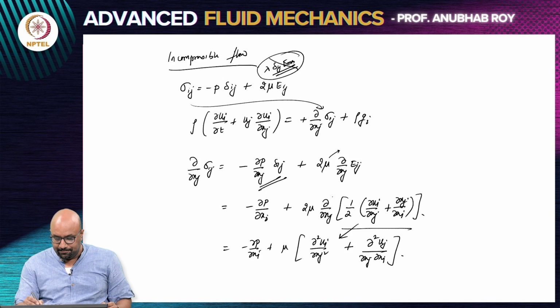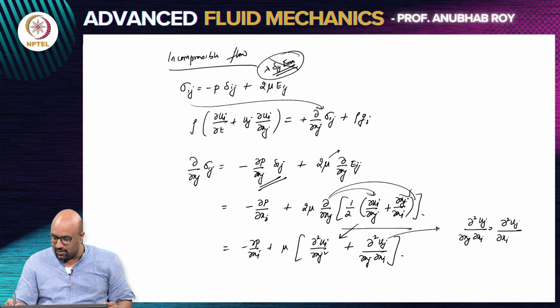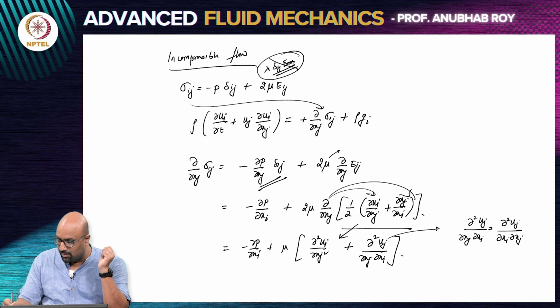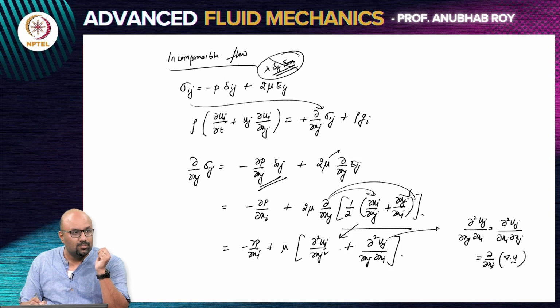So, I have taken that divergence, and the divergence acts on both the terms. Now, the second term is ∂²uj/∂xj∂xi. I will commute the derivatives. We are dealing with reasonably straightforward functional forms of velocity. So, on commuting it, I get ∂²uj/∂xi∂xj, which is ∂xi of the divergence of u,